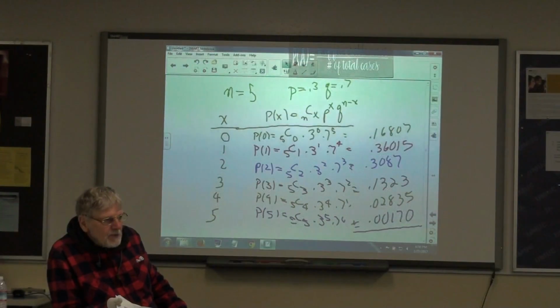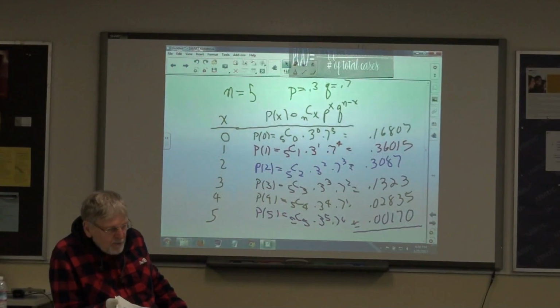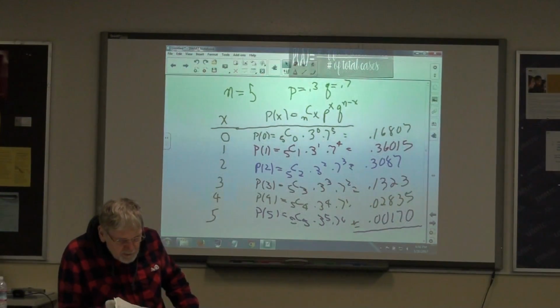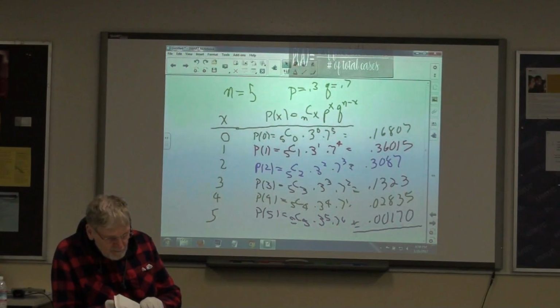N equals 14. N equals 14. X equals 4. And p equals 0.6. 0.014, right? Oh, yes. Good. Got it, okay. Now just to wear you down, number 16. N equals 5, x equals 1, p equals 0.95, that's not in the table.